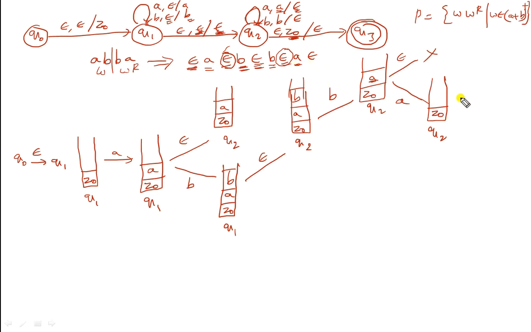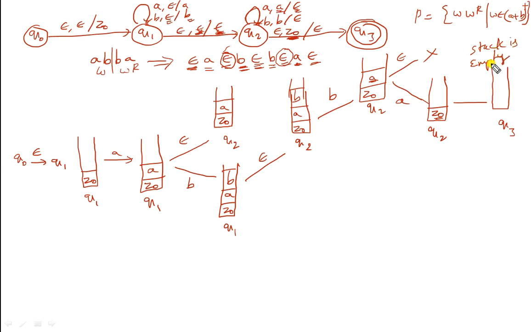Now this is the current state of the stack. This symbol is also over. Next, what is the next symbol? The next symbol is epsilon. If you perform a transition on epsilon, is it possible? Q2 on epsilon, yes, it is possible. What you are going to do? Pop Z0 and check the top of the stack. The top of the stack is also Z0. Because both are matching, you can pop, and the state changes from Q2 to Q3, which is the final state, and Z0 is popped out. So now the stack is empty.